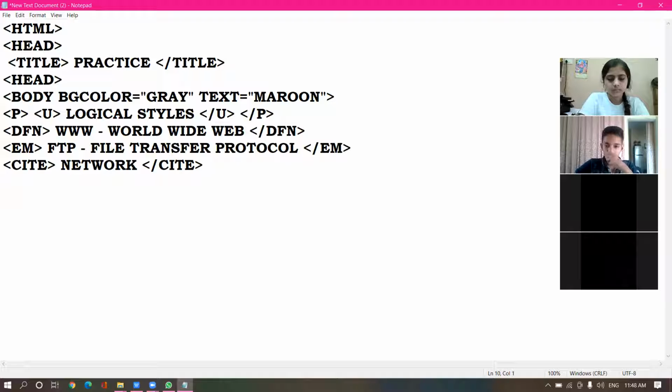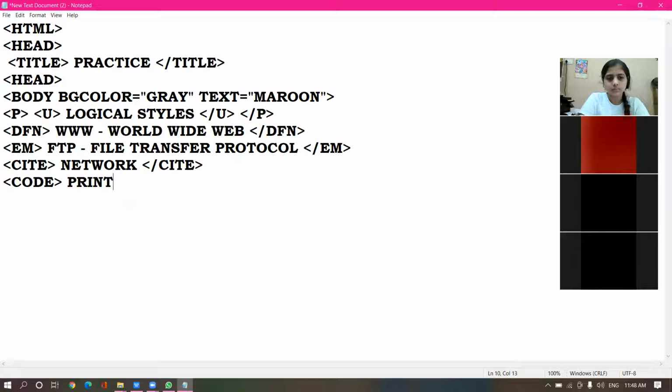After the cite tag, the next tag is the code. Code tag is used when you want to depict some coding. For example, a Python, C++ की coding कर रहे हैं. So I'm using here cout statement of C++. This way we used to give output in the C++ cout. So I'm just giving a coding part, so that's why inside the code tag, I'm